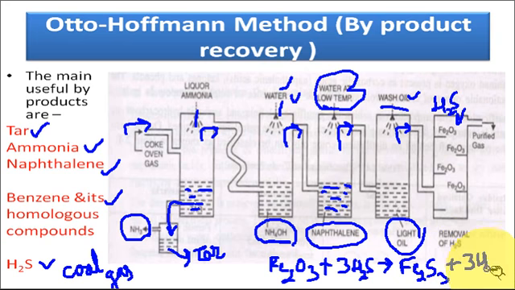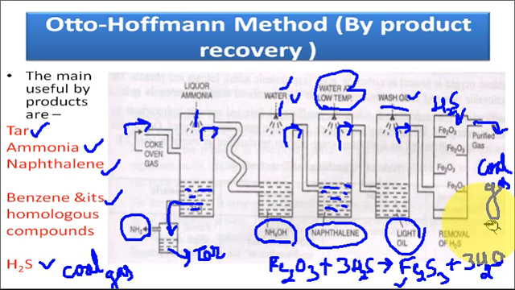So all the H2S gets trapped in this catalytic chamber and iron oxide gets converted into iron sulfide now, and the remaining gas, which is the pure coal gas, is collected